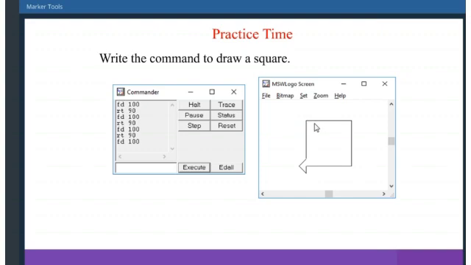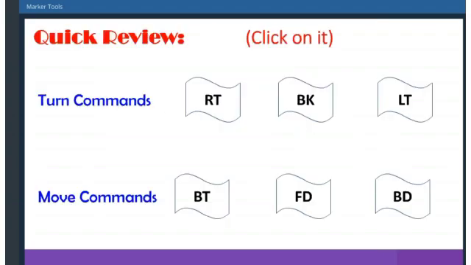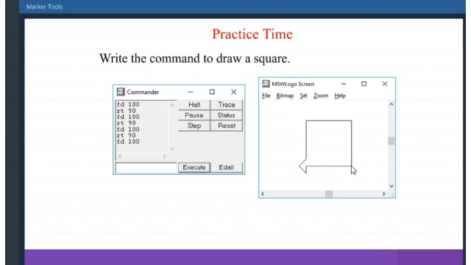Then forward 100, then the turtle turns right, RT 90. Then forward 100, then RT 90, and at last forward 100. So these are the basic steps we have learnt in this lesson.